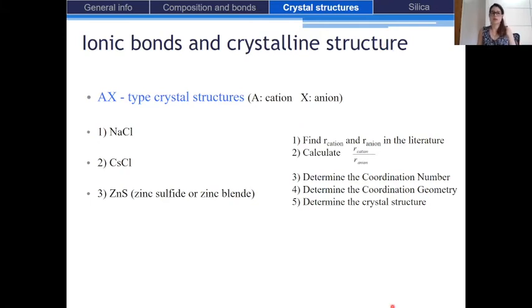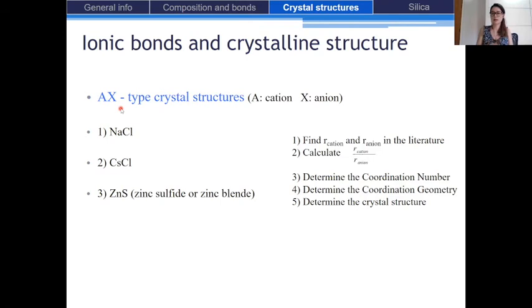Considering or applying the two rules that we saw to determine the crystalline structure in ionic ceramics, let's first consider the crystal structures of the AX type, which means the same number of cations and anions in the chemical formula. As an exercise, you can go